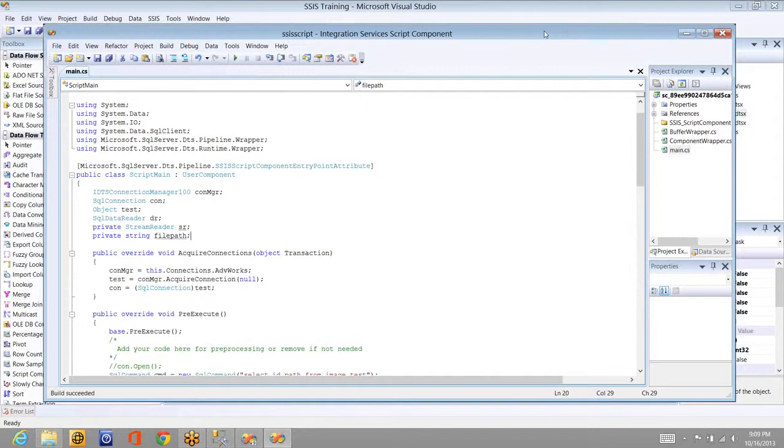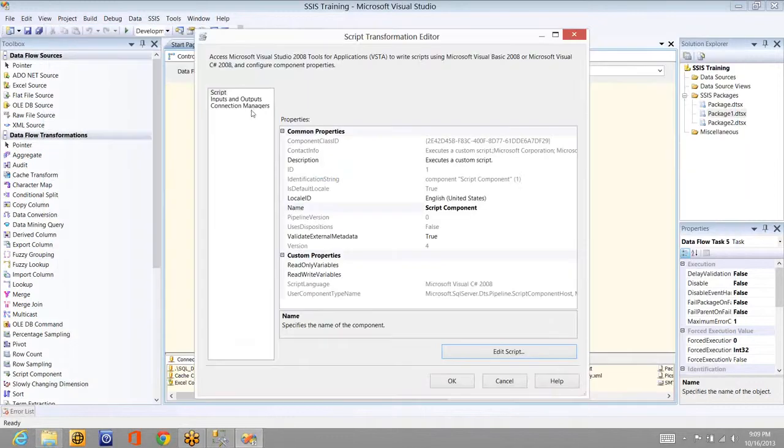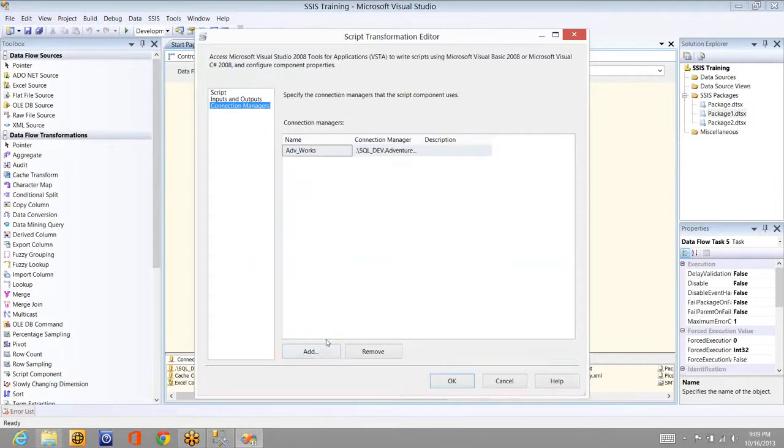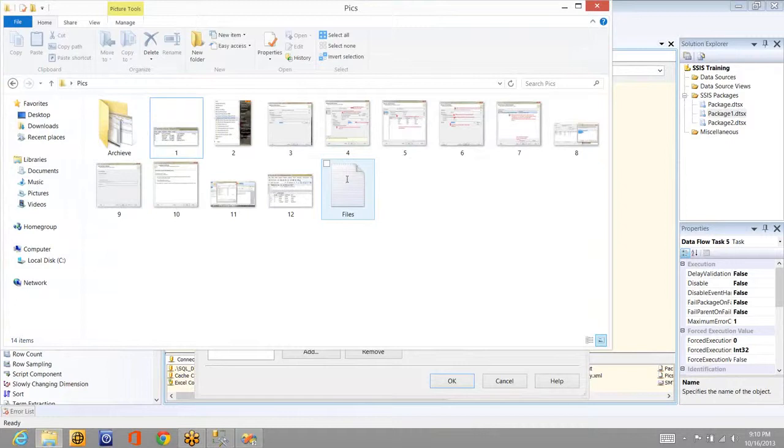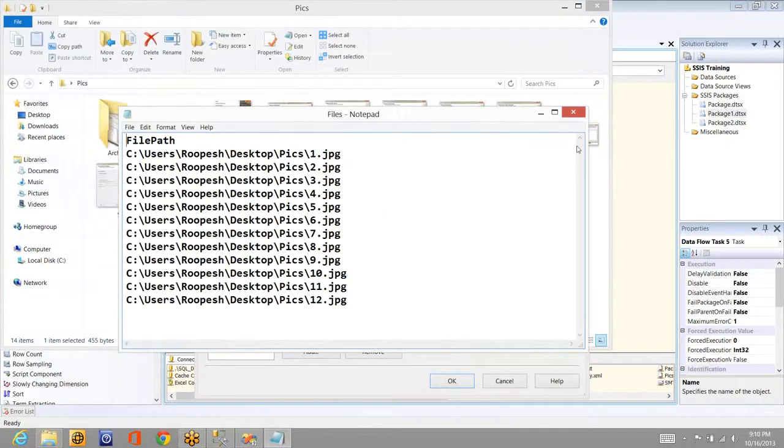Before continuing here, I need to create a connection outside which I'm going to acquire here. That means I need to create a connection to the file which I'm going to read here. So file connection is the name I'm going to give, and where is the file that is available? I think it's image files. This is the file connection that I've created, right? Image files. Guys, don't go for blank face. This is the file I'm pointing to. Image files means this file.